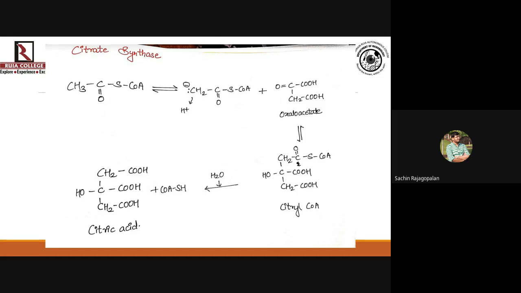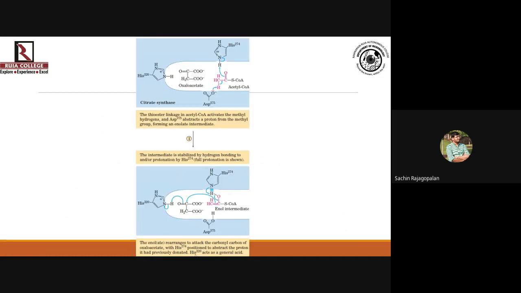Okay, great. So I think we can go ahead. Now this shows what exactly happens when the substrate attaches itself to the citrate synthase enzyme. Carefully look at what changes are taking place. I'm going to make use of a laser pointer. If you don't understand, stop me there and we can discuss it again. Now this is the active site.